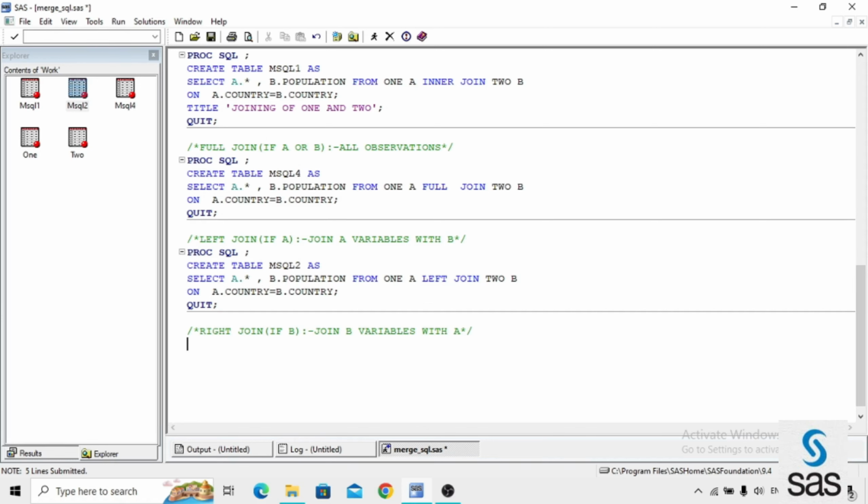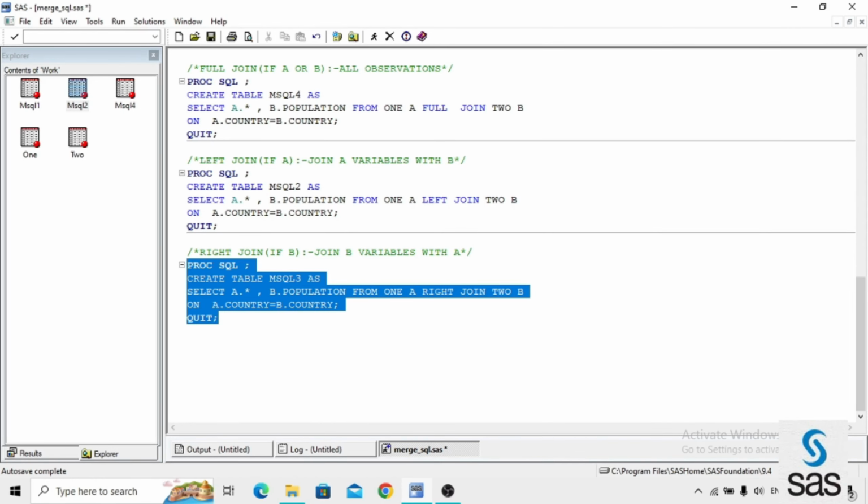Already you know, all the observations from B and common observations from A. Okay, now the code is everything the same. Proc SQL create table MSQL3 as select A.*, B.population from 1A, in equals A, and the right join, nothing but if B, and 2B on A.country equals B.country.